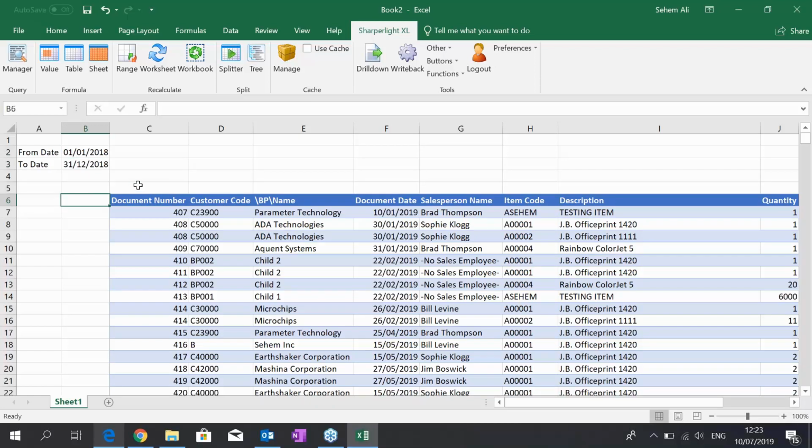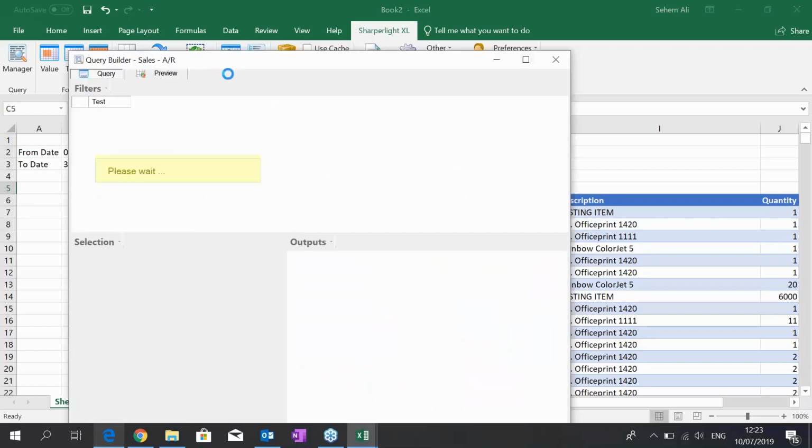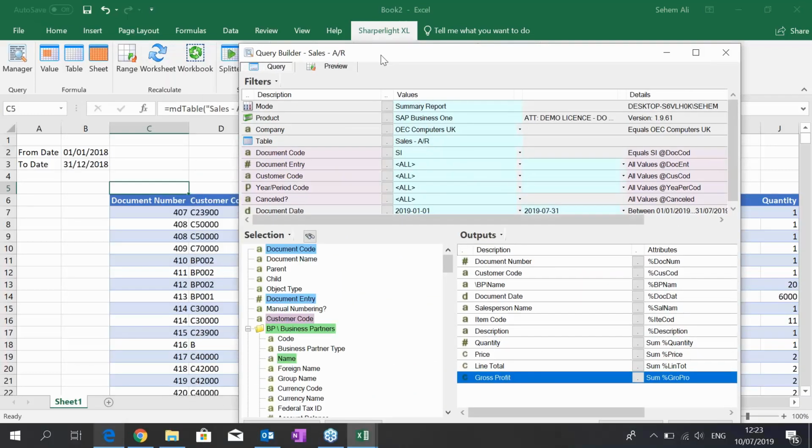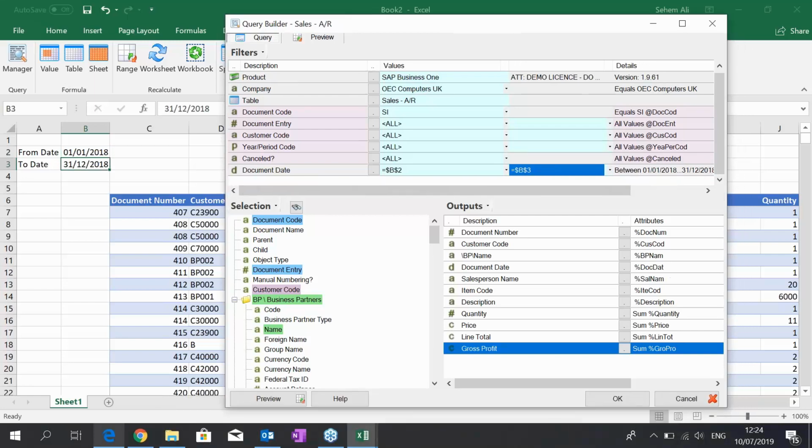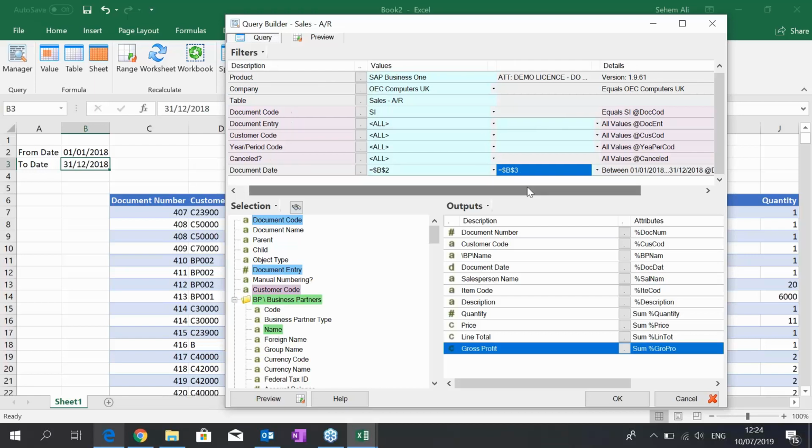But what I can tell Sharperlight is that I want to map my date filter, which is the document date, to the actual cells which I created in my Excel workbook. So it makes it easier if a user wants to change the filters. I'll click on my first icon there, and I'll link it to the cell B2 by double clicking on that, and that changes it to cell B2, as you can see. I'll do the same thing for the other one. Click on that, that's highlighted, and I'll double click on the other date. As you can easily see there, it's kept as B2 and B3. So if I click on OK,